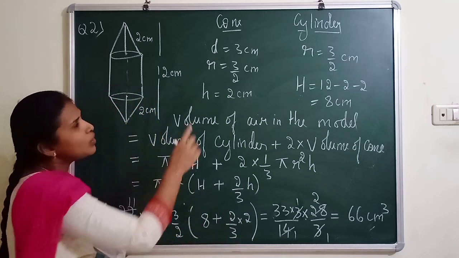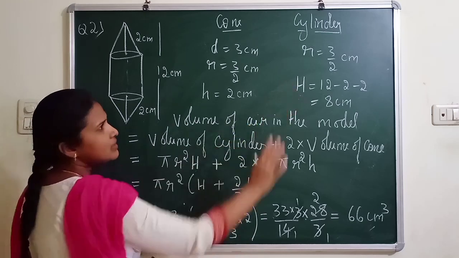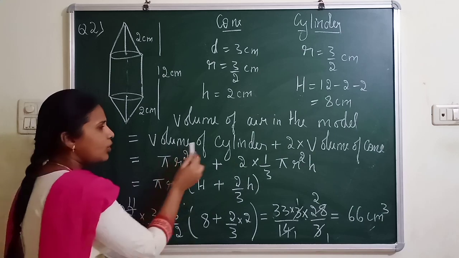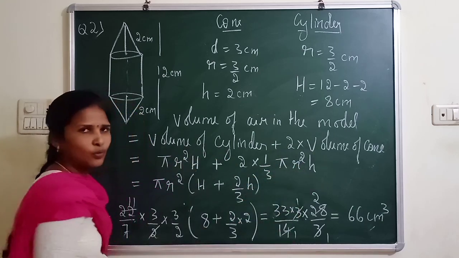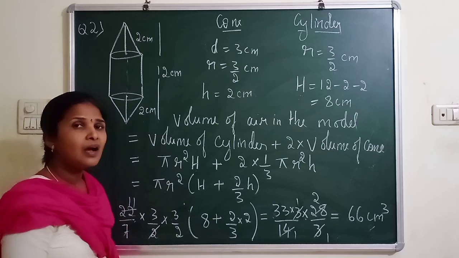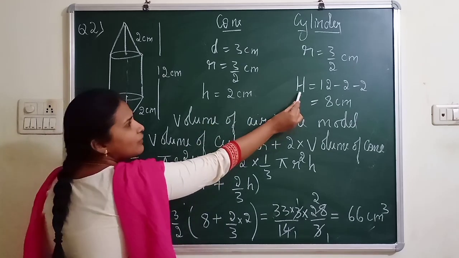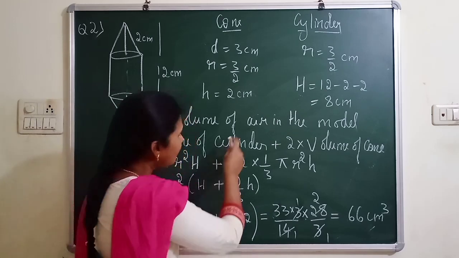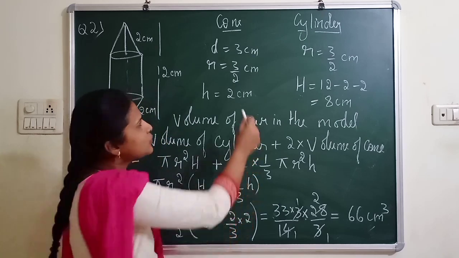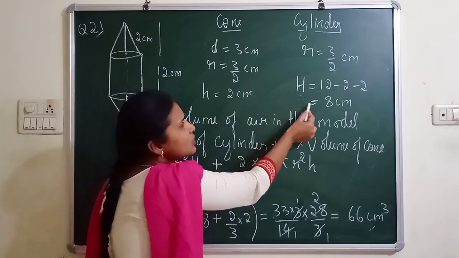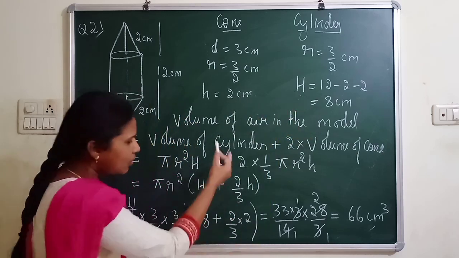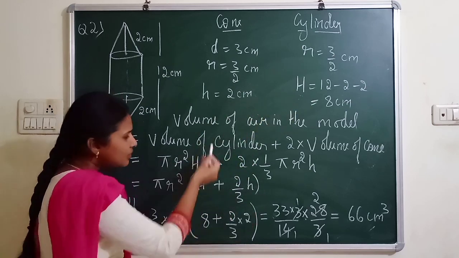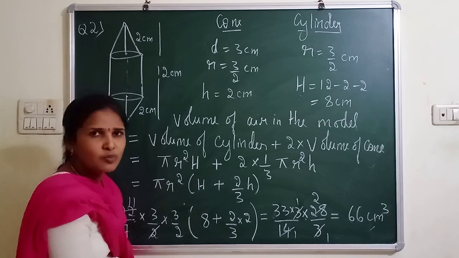Now, we have got the radius and height of the cone and the radius and height of the cylinder. Now let us start. Volume of air in the model equals volume of cylinder plus 2 into volume of cone. So what is the volume of the cylinder? Pi r square H. Note it, here I have used capital H. Some of you directly read the question and start from here. It takes 1 minute to write this. Whatever information you have written at the start helps you a lot to complete the answer. So be careful. This may take 1 minute, but skipping it you may lose marks due to confusion.